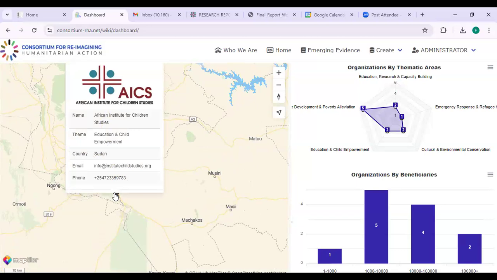What is the name of the organization? What is the thematic? You see, there was an error here when it was put there, right? So as an admin, I have another computer here where I have access to their dashboard, so that instantaneously we can be able to see that. So if I go there,